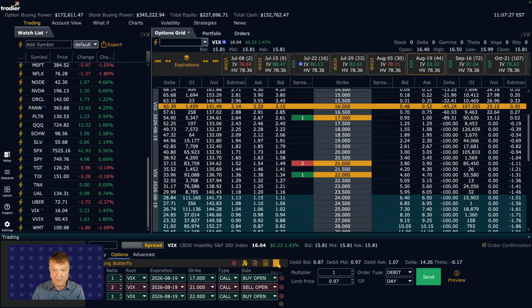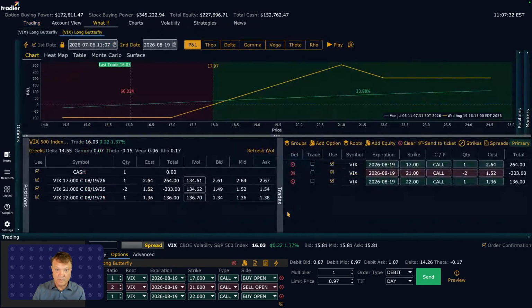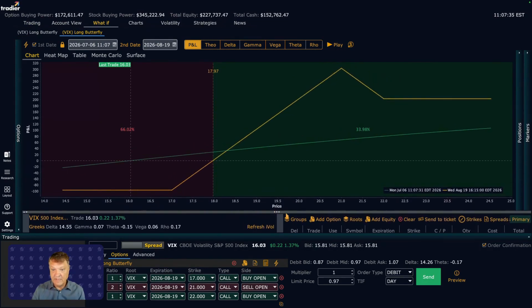So let's look at that in the profit and loss calculator, the what if calculator, if you will. We'll scroll down here, and it highlights that, right? Here's where the VIX is at. Here is where the 17 strike is at, all the way up to the 21 strike. That's 4 points wide. The short spread helps pay for the long spread. That's the way I like to think of a butterfly. We didn't quite bring in as much credit, which means we have to pay a little bit more compared to our standard butterfly. But then from then on up,